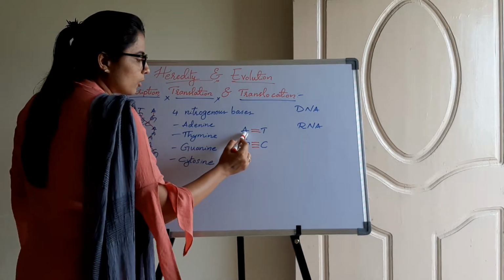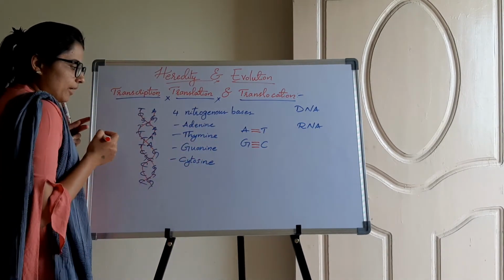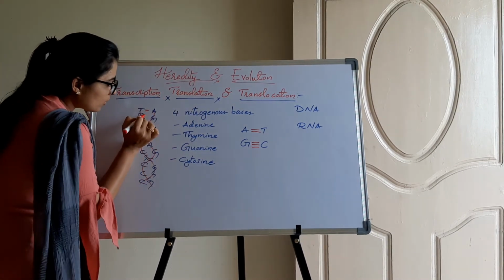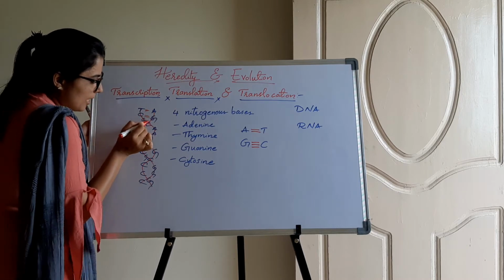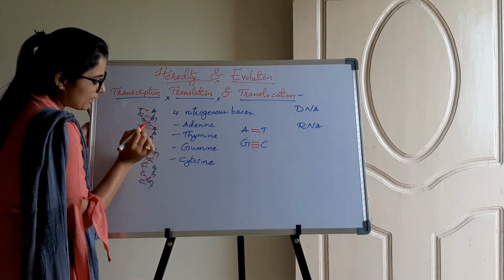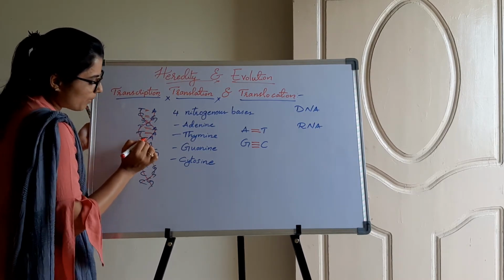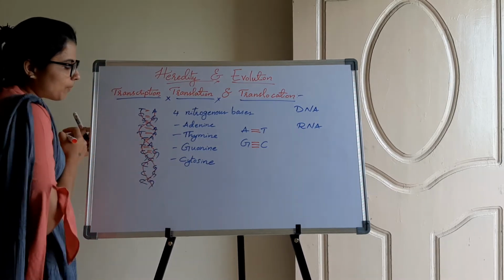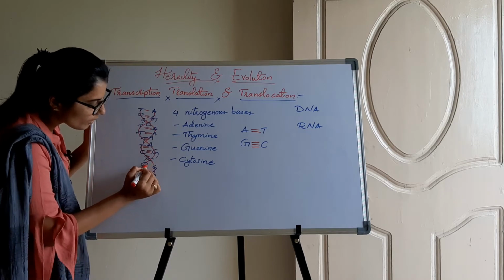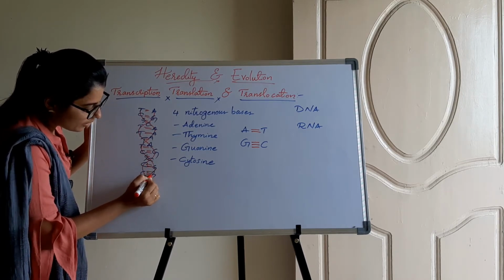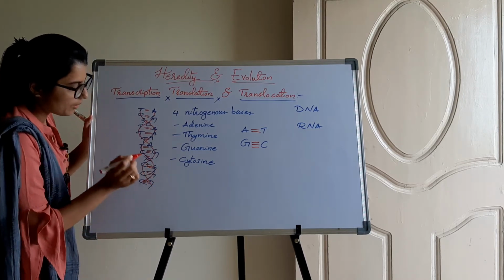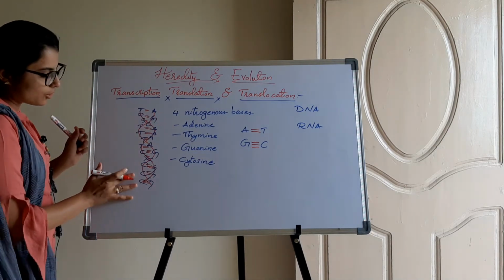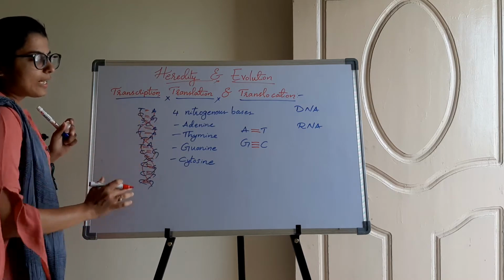Now as I told you, adenine is combined to the thymine by 2 pairs of hydrogen bonds and to the cytosine by 3 pairs of hydrogen bonds. Here it is 3 pairs, 2 pairs of hydrogen bonds, again 2 pairs, 2 pairs, 2 pairs of hydrogen bonds. Here guanine and cytosine have 3 pairs of hydrogen bonds. Here it is 3 pairs of hydrogen bonds, and here it is 3 pairs of hydrogen bonds. So when you look at the structure of the DNA, it will resemble a ladder.